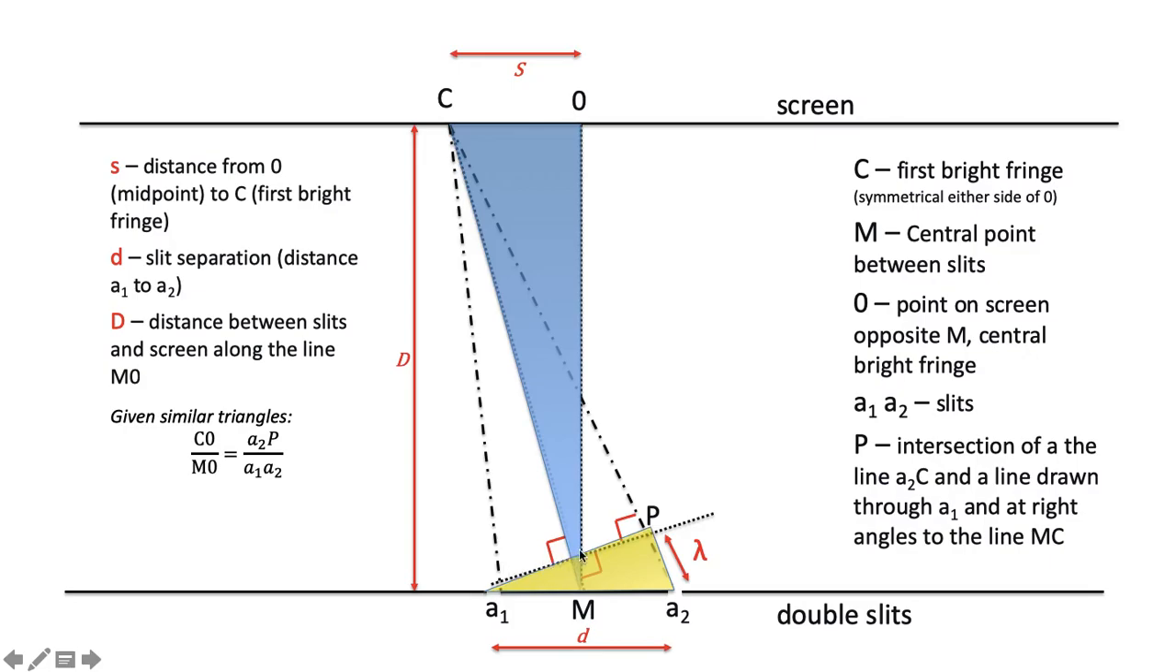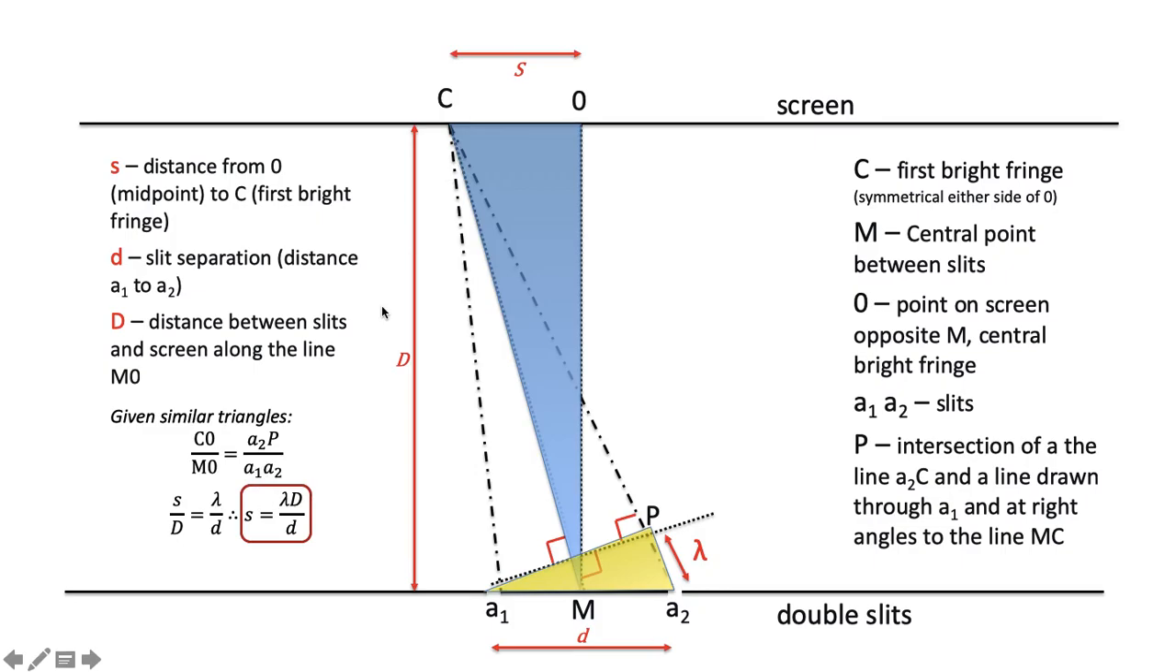These are both meant to be right-angled triangles, so we're not talking about the hypotenuse, we're talking about the ratio of two of the sides. CO divided by MO, or M0, will be the same as A2P divided by A1, A2. Which means that S, because S is the distance between C and O,